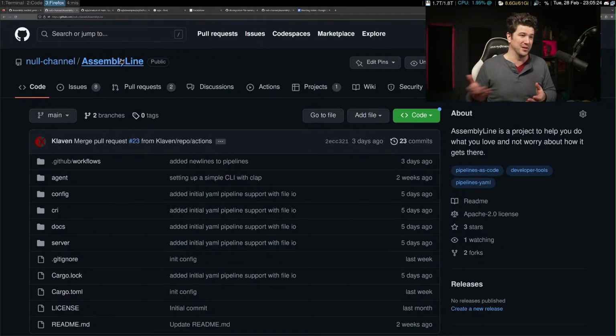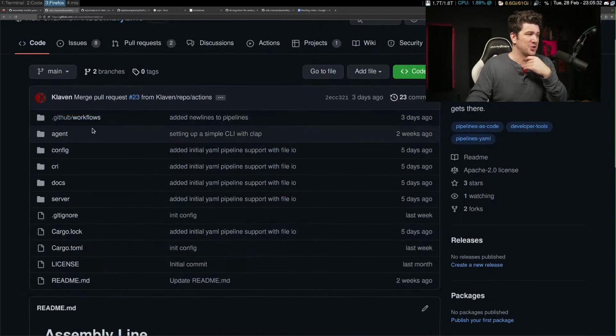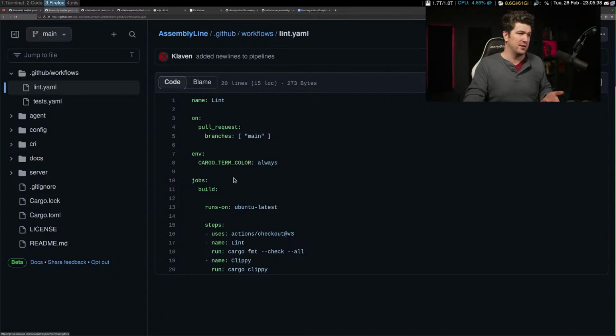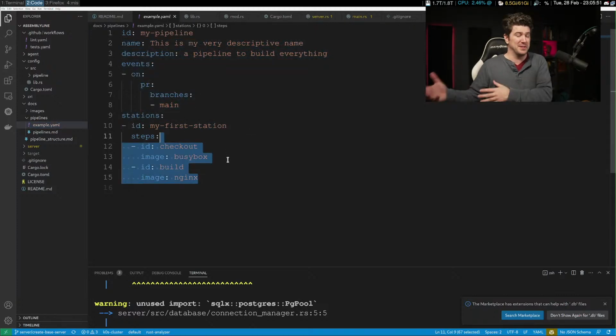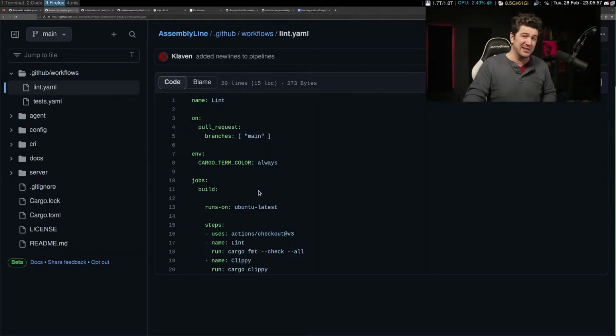We're going to have to write our own hooks. It's going to be a little bit more work. And they should work similarly to GitHub Actions. I say similarly. They're not completely similar because if you look at our code, you can already start to see differences in how we lay stuff out. We make differences in our assumptions. Each of our steps here are containers. That's not true for GitHub Actions. They can run a container, but that's a container inside the Ubuntu latest. Again, not the exact same thing.